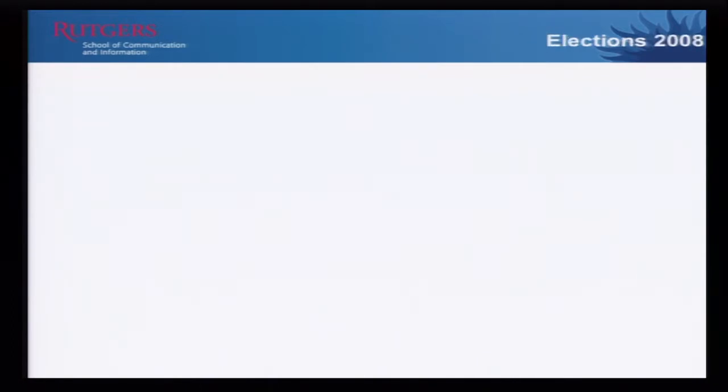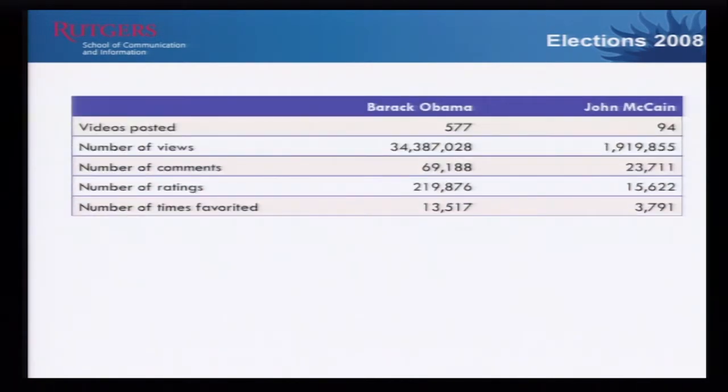There are all sorts of analysis I can provide you, but I'll just give you a snapshot of what we got. And I'm not going to give you data about all the candidates that we're collecting, but just the two presidential nominees. Since I'm not really an expert in political science or anything, some of the things I honestly wouldn't be able to tell you how to read. But we did notice there was a significant amount of activity in Barack Obama's campaign compared to John McCain.